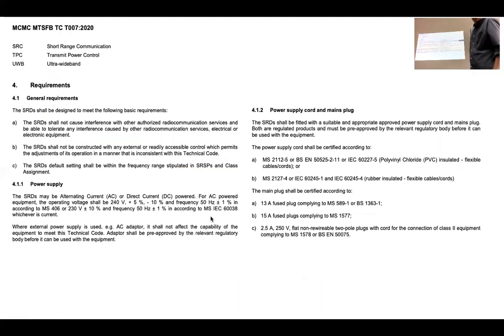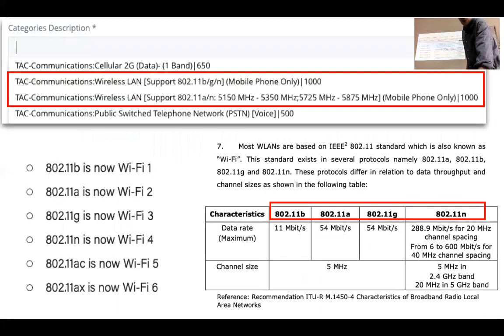So other than that, we will be having this one. We look in the requirement, and it's the same thing. Okay, we look at this. Just now we had the guideline, right? So this guideline will help you to put in here. Okay, if it is a mobile phone, then we straight away give one price only. We don't have separate ones. Okay, so for this, BGN, we have one. If it is between 5 GHz, straight away one price. Understand? Understand this?